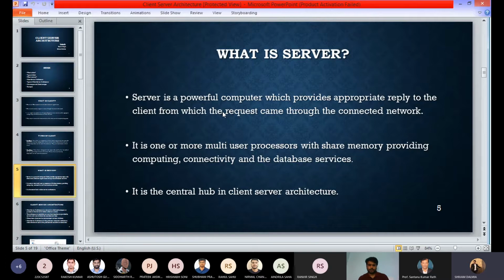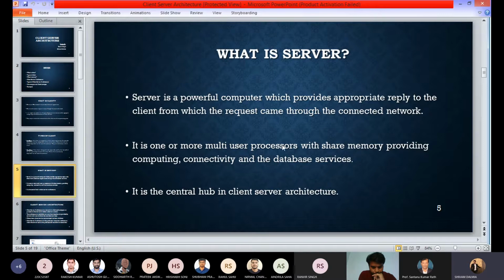So everything is obviously connected through a network. The client is connected through a network to the server. The server is connected through a network to the client. It is a one or multi-user processor. Obviously, it is a multi-user processor.